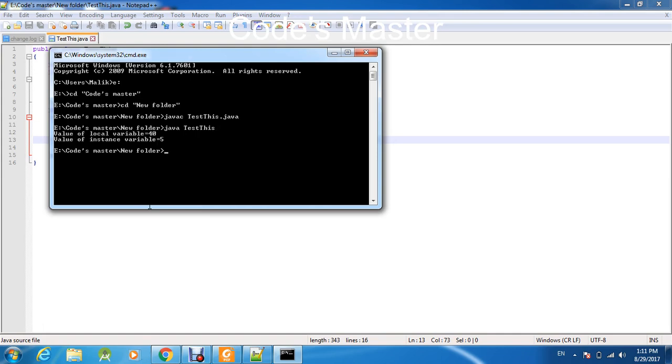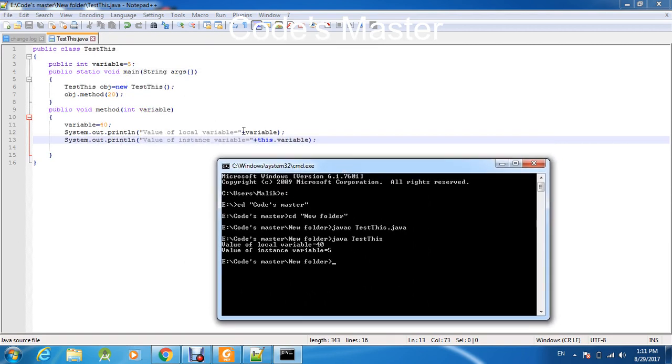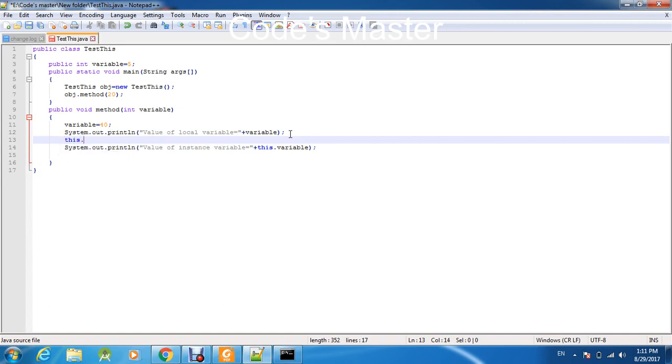So here you can see that when we are using only the variable, the value of the local variable changes to 40. When we are using this with the variable name, it displays the instance variable. Here when we change the value of the variable to 10, then